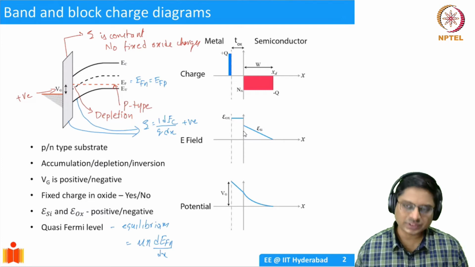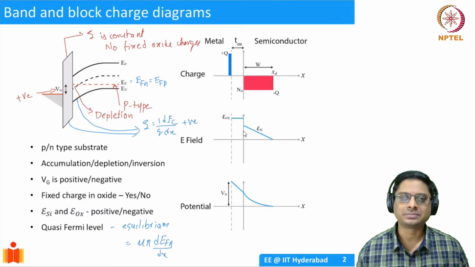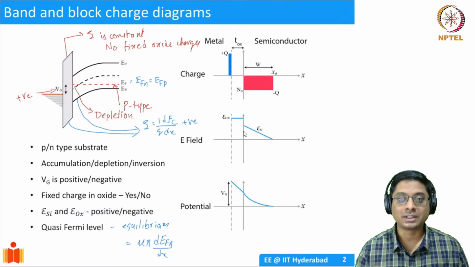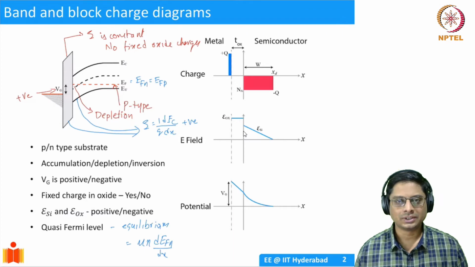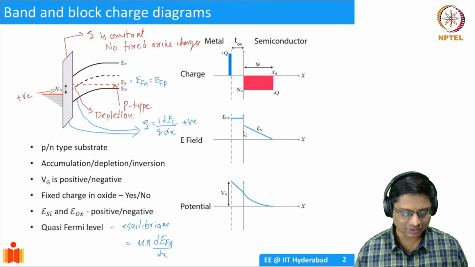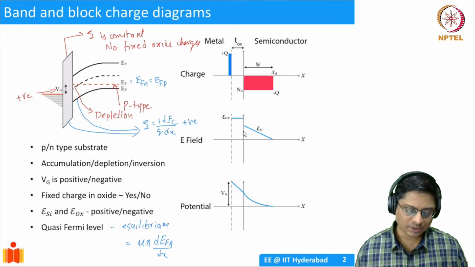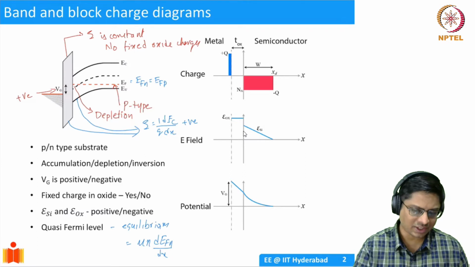So all of this information is contained in just the band diagram, and that is why it is so important to analyze the band diagrams carefully. If you have not already done it, I would urge you to draw these diagrams by yourself. Understand that each and every line you draw in a band diagram represents something physically. If you keep doing that, take it as an exercise and repeat it, then you will understand the physics very, very well.